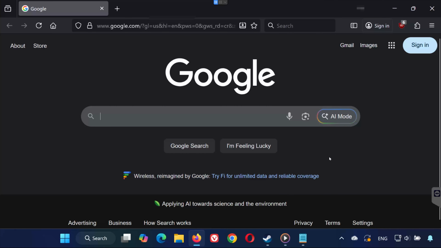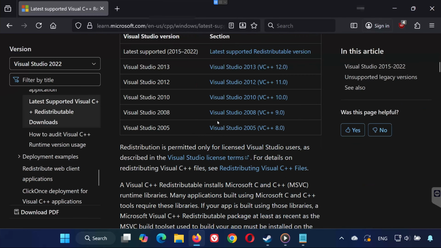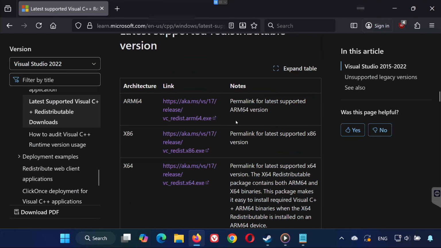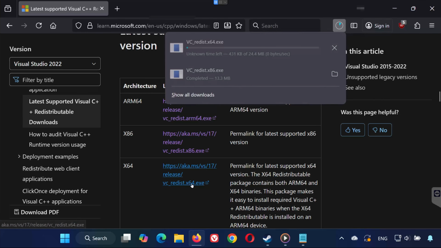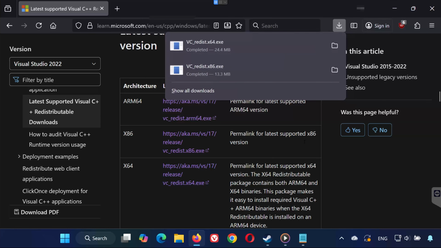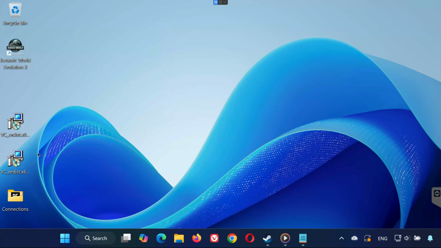Solution 5. Missing or broken Visual C++ libraries can cause launch crashes. Open the link in the description of this video. Scroll down and look for the x86 and x64 versions. Download both vcredist.x86.exe and vcredist.x64.exe. Once downloaded, open your Downloads folder, double-click